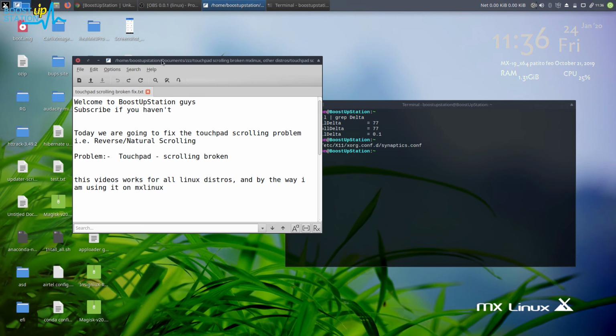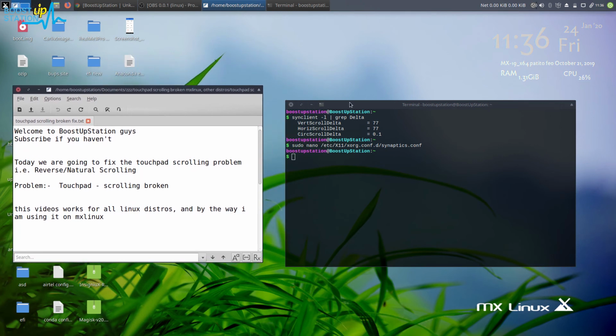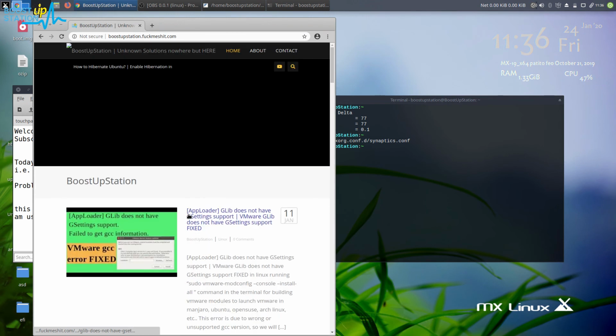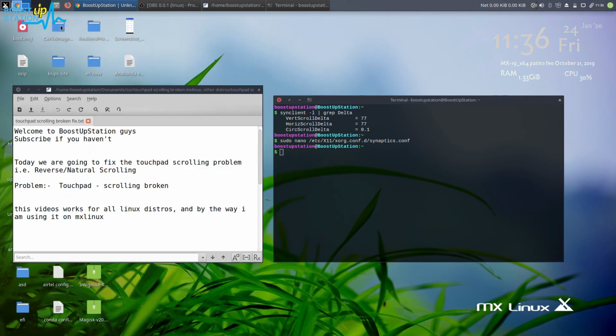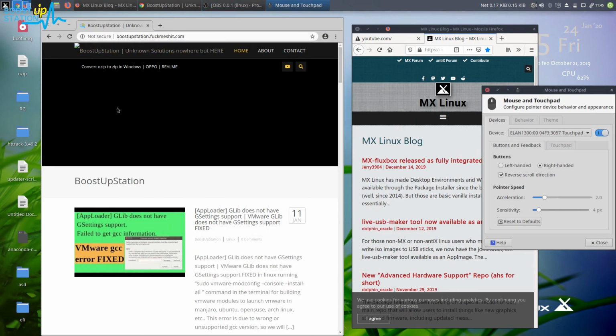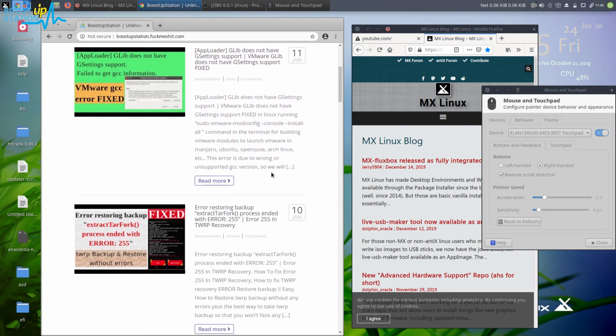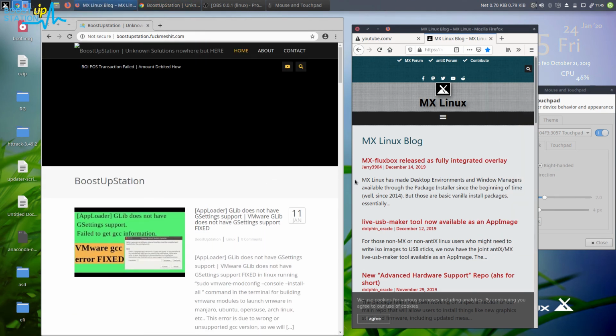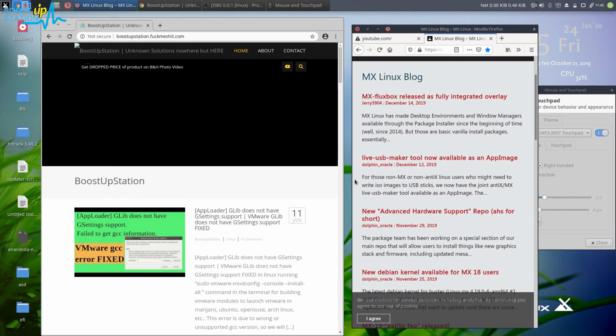Okay, so I am just going to restart now and will show you that it really works or not. In the browser also it's not working, so we will be just restarting the PC and let's see if it works or not. Now we have just done the restart and it's working in Chrome, which was not working before, but it has messed up all the places where it was working before. So it is not working in Chrome, the reverse scrolling direction.